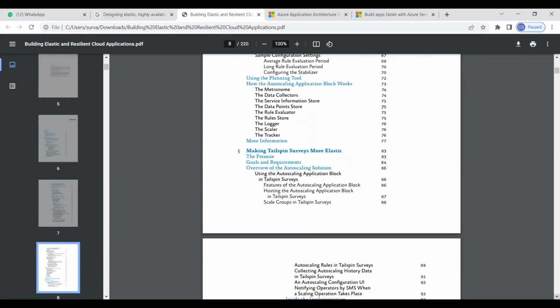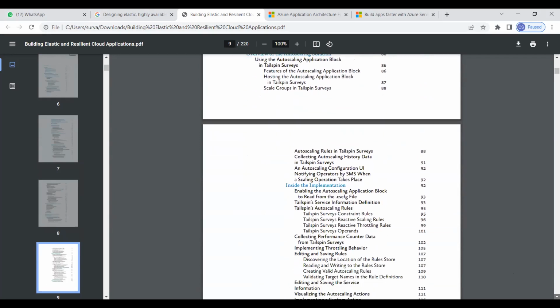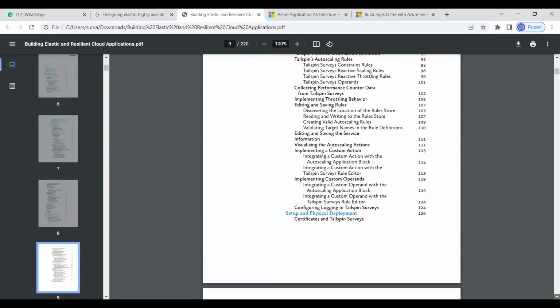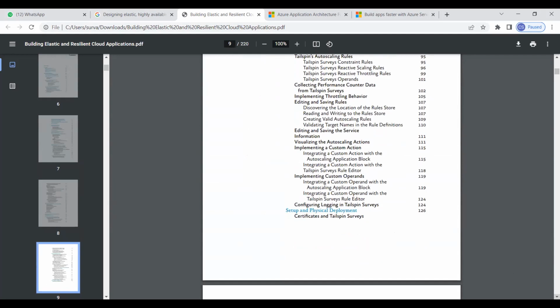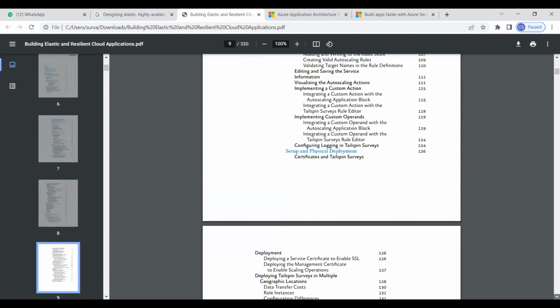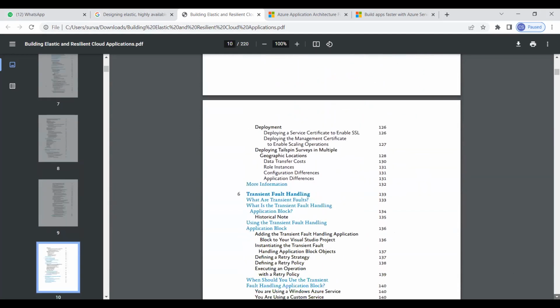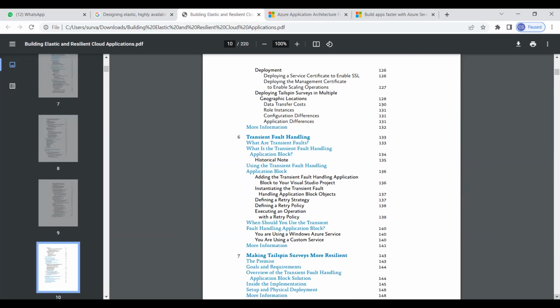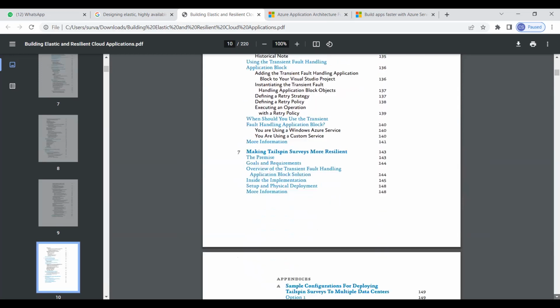Then making Tailspin Surveys more elastic. So individually, how to go about the implementation of each and every part is covered here, and how they are deployed. Then transient fault handling. Some of those features are already covered in the video, how to handle the conditions.